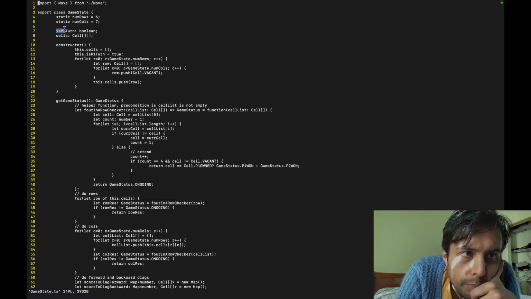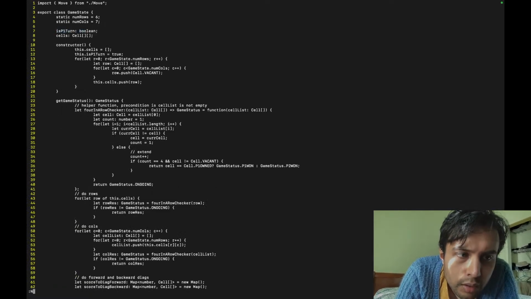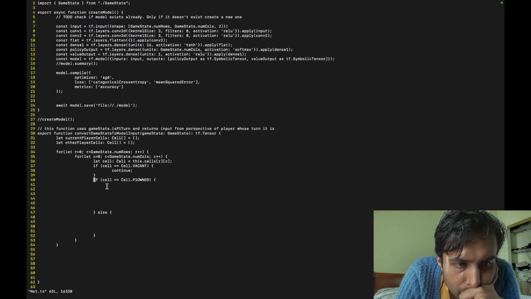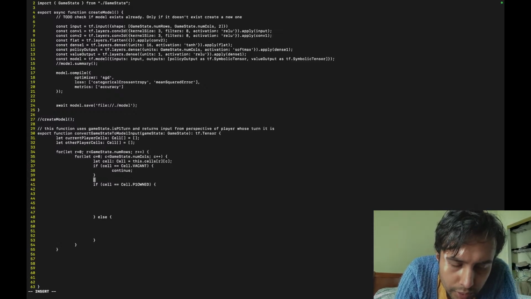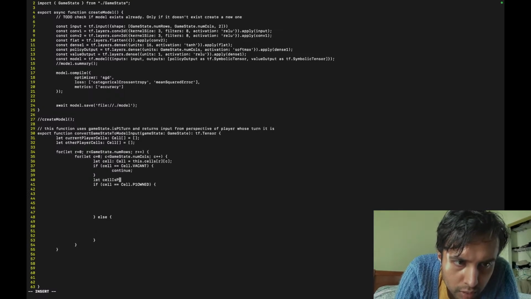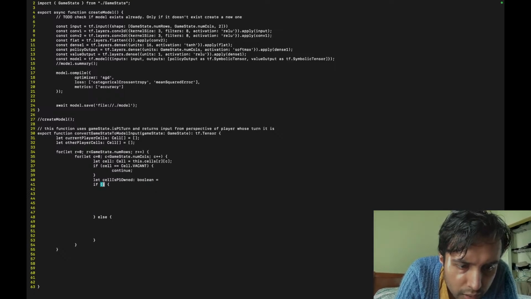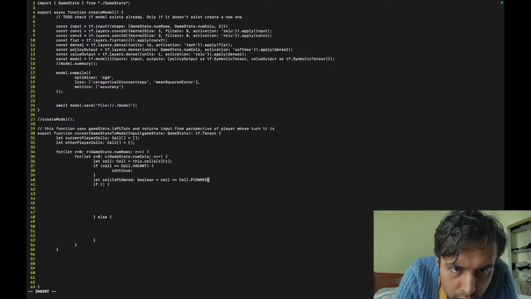So if the game state's P1 turn, okay, so let's call it Boolean, right? Let cell is P1 owned Boolean equal this thing right here, right? We can just do that. Let's delete this nonsense.